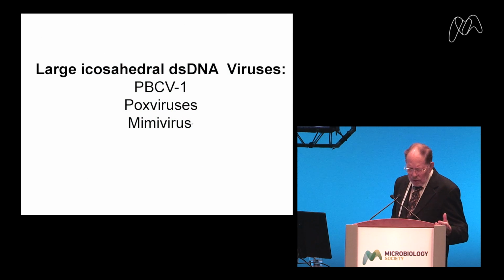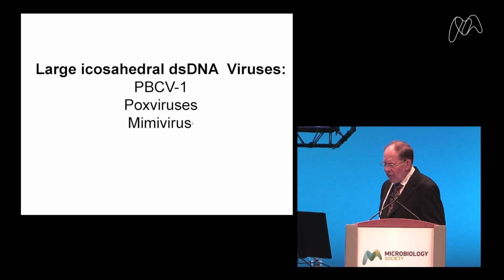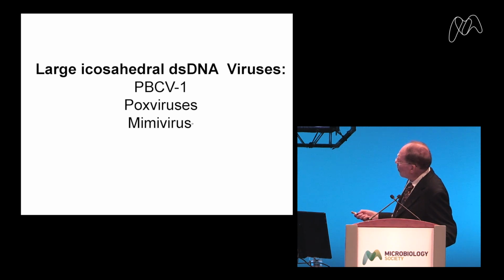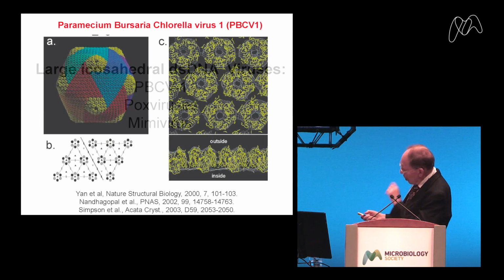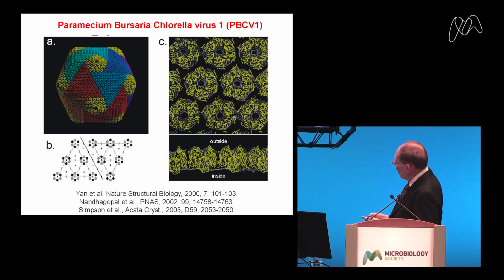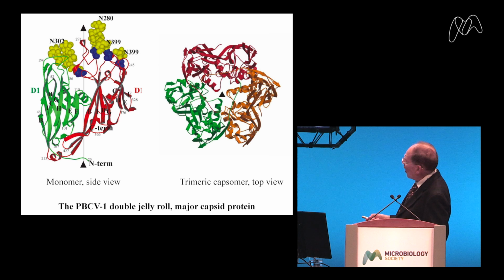Now, as far as we have time, we don't have much time left. We looked at different kinds of viruses. We have been looking at very large viruses like PBCV1 and pox virus in general, Mimi virus, very large virus. This shows the PBCV1 structure. But what's interesting here is that the structure of these very large viruses is based on the jelly roll fold. But 2 jelly rolls within one polypeptide chain are joined together to make this hexamer. This hexamer corresponds to the kind of hexamers predicted by Casper and Klug.